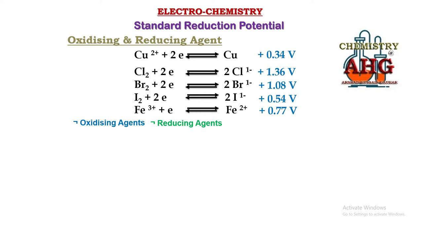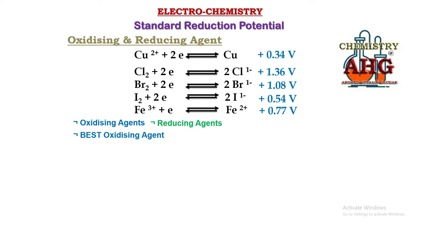Now in that case you will have to take the help of standard reduction potential values. For example, if it is asked which one of these is the best oxidizing agent, obviously oxidizing agents are those which are present on the left hand side, which are undergoing reduction. So what is the best oxidizing agent? There are 2-3 pieces of information that you can remember to decide a best oxidizing agent. A best oxidizing agent is the one that can undergo reduction easily.